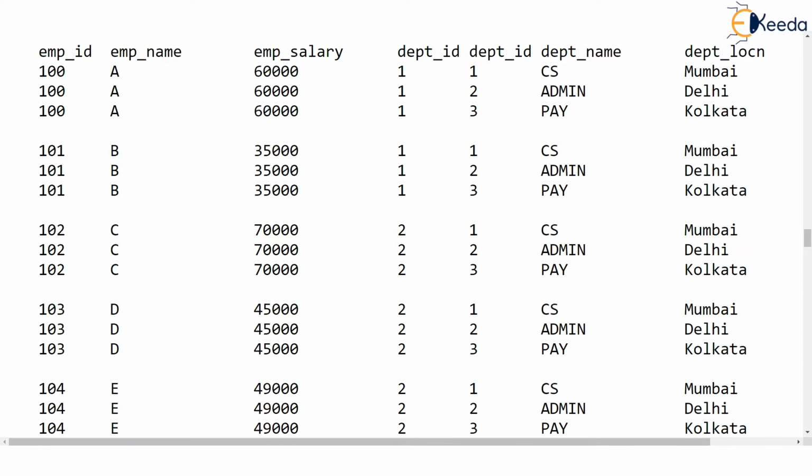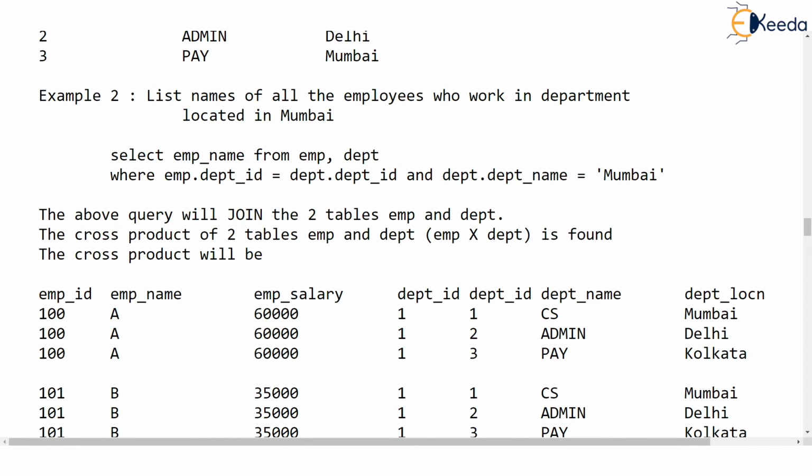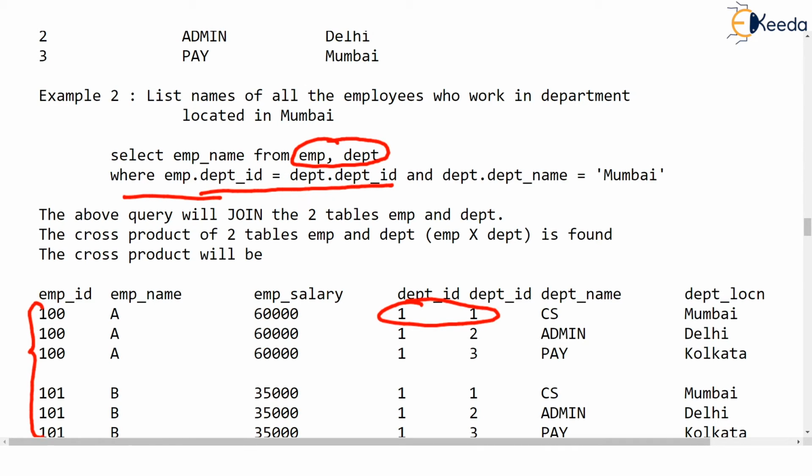But this is just a cross product. What do you do after cross product? You know this data is meaningless. Now, after the cross product of these two tables, we put a where condition. This where condition runs after this. So out of so many rows, only those rows were selected where department matches and department location is Mumbai.